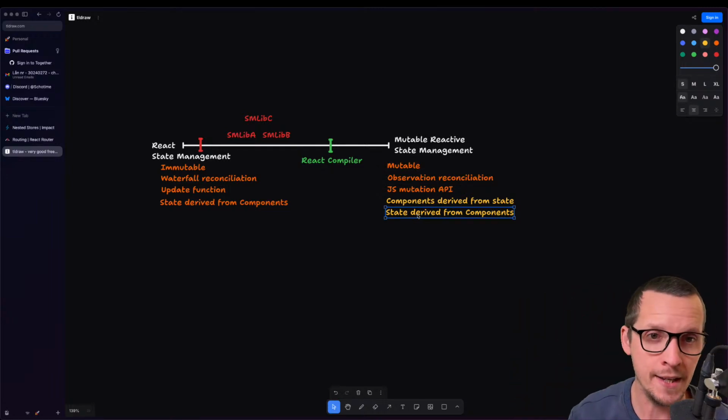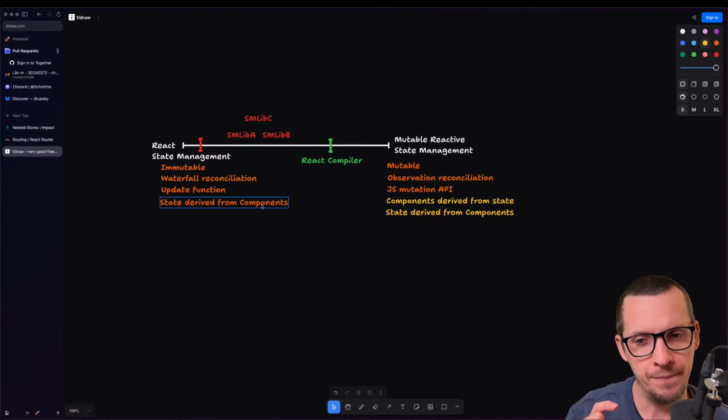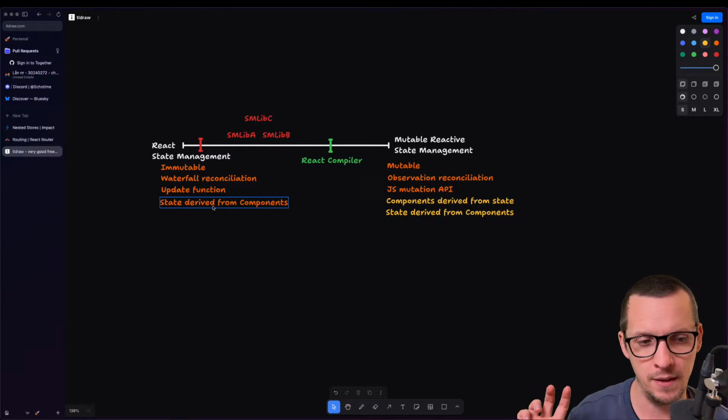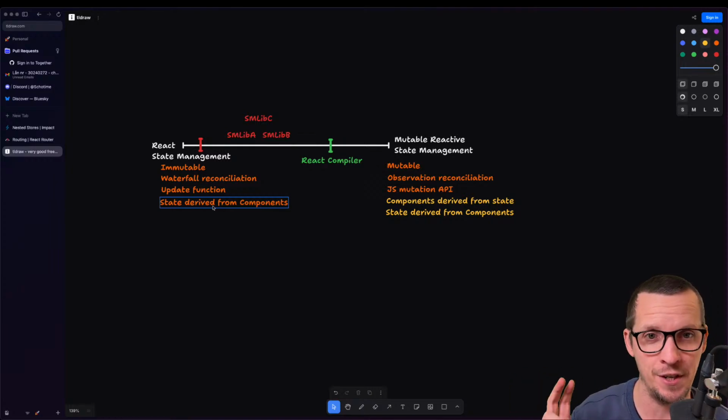But what I think is this is what developers are used to: immutable waterfall reconciliation, update function, and state derived from components. Even though it's as powerful as it is to flip that mindset, it's a big mindset shift.